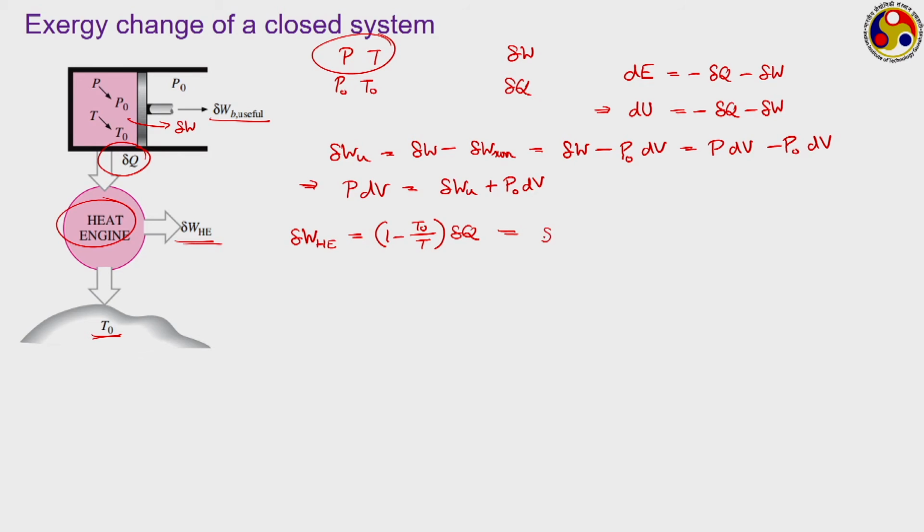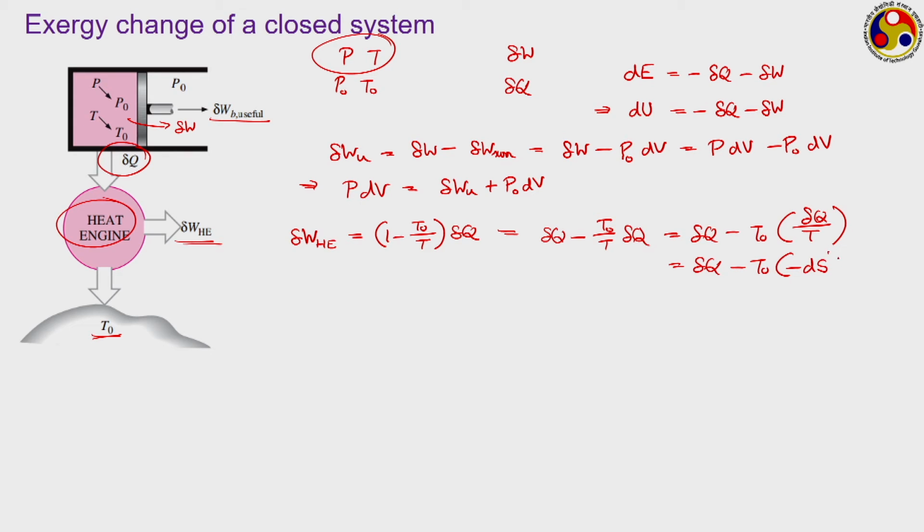So, we can write this as del Q minus T naught upon T into del Q, or del Q minus T naught into del Q upon T. Now, what is your del Q upon T? Del Q upon T is the magnitude of the change in the entropy of the system during this particular process as per the definition of the entropy. So, this can be written as del Q minus T naught into